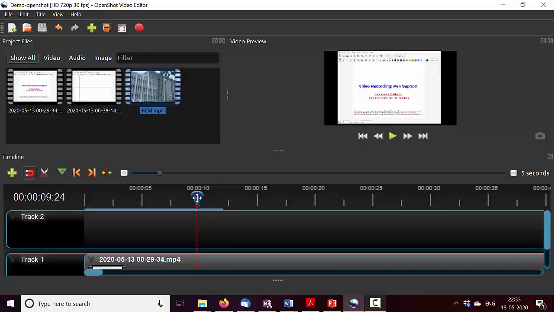So I can use this blue slider to get to the exact position. Let's say the exact position is 10 seconds. At this particular position, I have something which I need to cut out. Let's say starting from 10 seconds to 15 seconds, this part of the clip has something in the video which I need to trim. For that, there are two ways to do it.